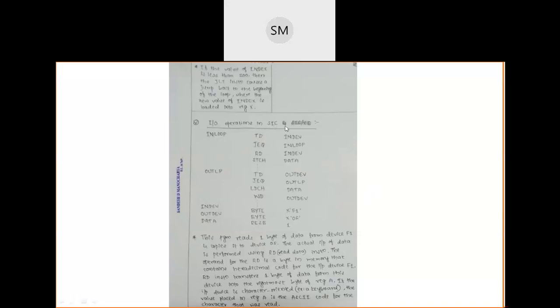I have written this program only for SIC, not for SICXC, because input-output operation of SIC is very easy for me. If I replace the last byte of register A, I can perform read or write data. But input-output operations in SICXC can be performed with the help of input-output channels, with the help of the instructions SIO, TIO, and HIO: start input-output channel, test input-output channel, and halt input-output channel.